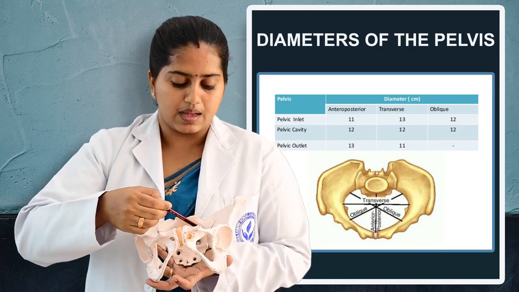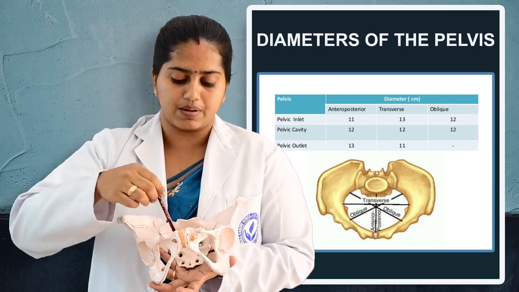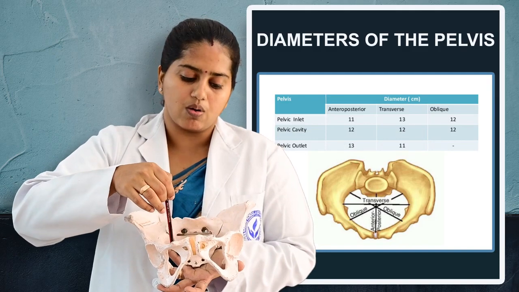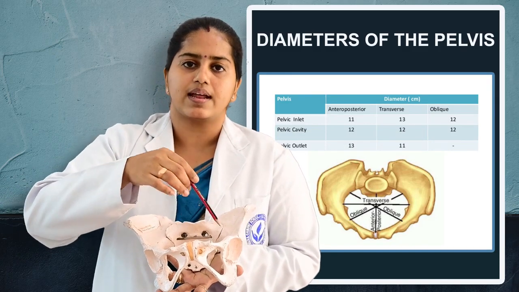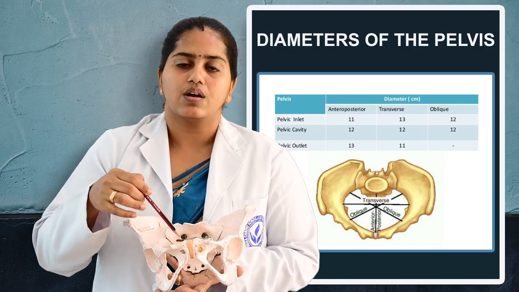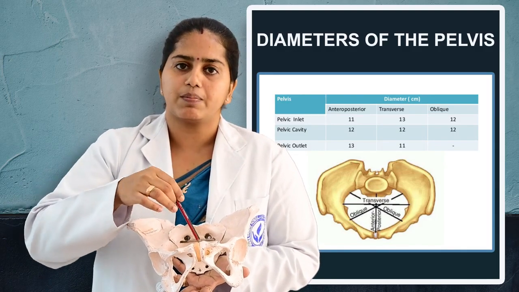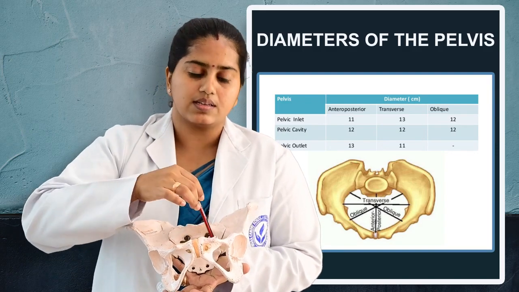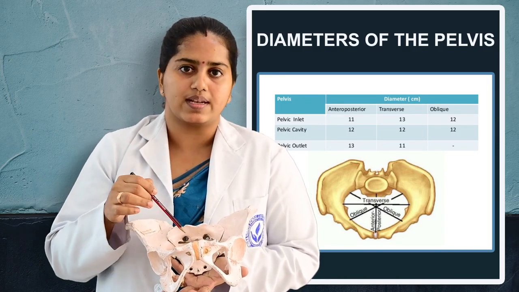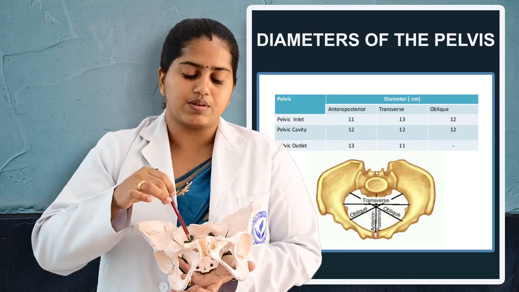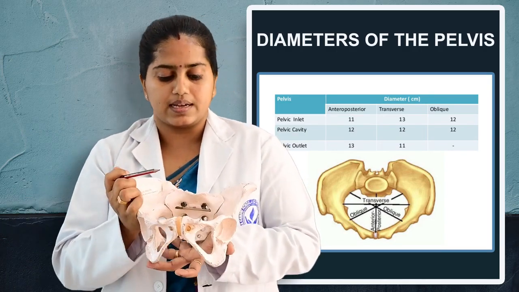Then next is the cavity. The cavity is placed between the pelvic brim and the pelvic outlet. It consists of the sacral hollow and ligaments, and the visceral organs lie inside. The cavity is more or less the same everywhere; the depth is 4 cm, it is round in nature, and all the diameters will be 12 cm. Mostly we can measure only the AP diameter. Then next we can see the outlet.